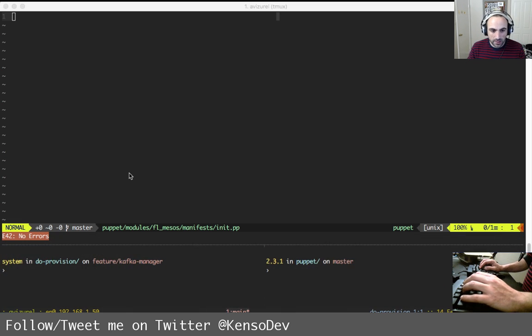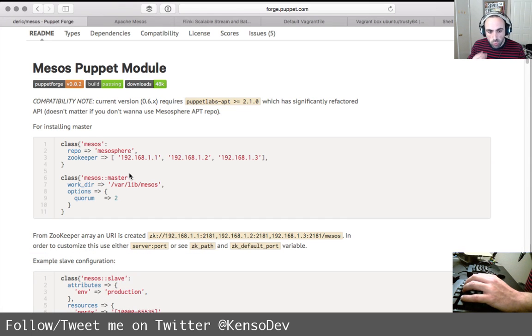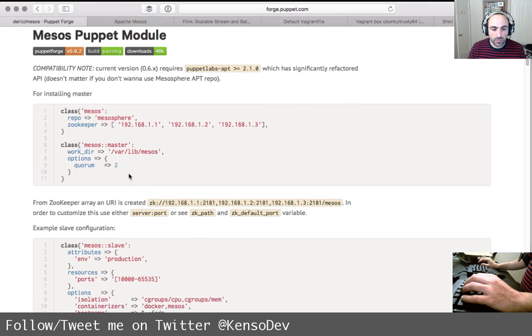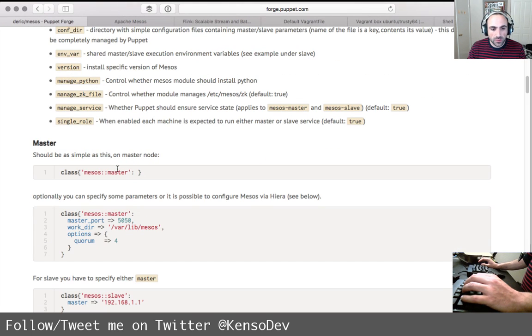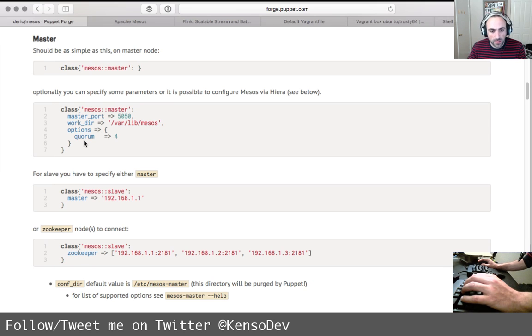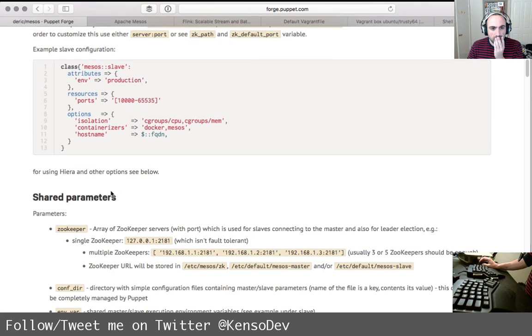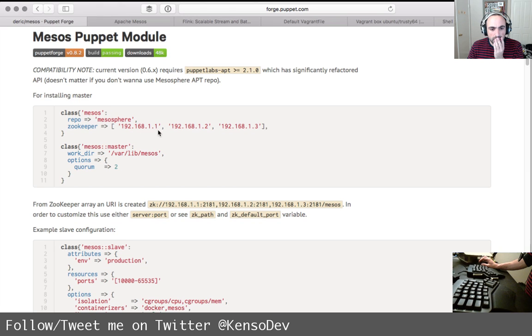Let's see what we have here. Okay, example slave configuration. Should be as simple as this for the master node. Mesos zookeeper, mesos master. Oh, okay, so class mesosphere, then zookeeper, and then the master.